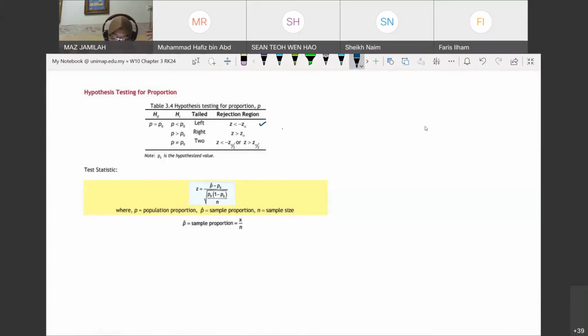And as usual, if you are dealing with a right-tail test and this is your alpha, the rejection region, if your Z test statistic is inside the rejection region, then we reject. So this is your Z test. In this case, we reject the null hypothesis. What if it is inside the non-rejection region? If this is your Z test, then we fail to reject